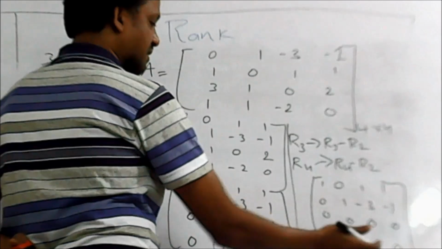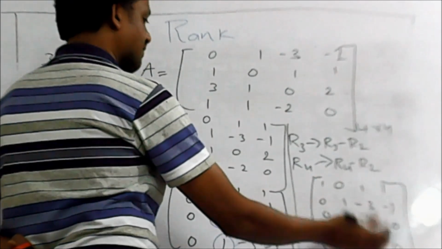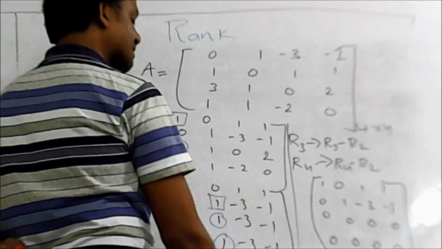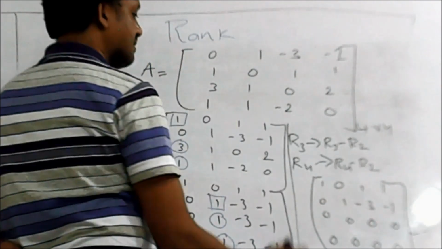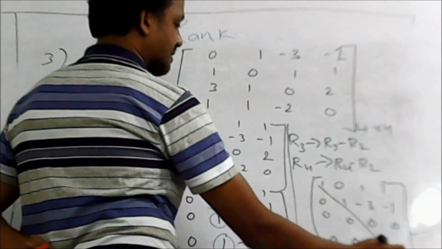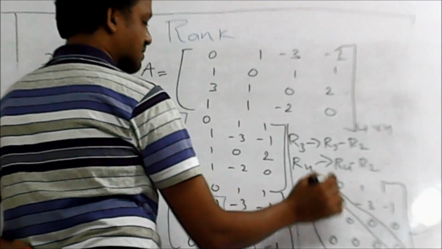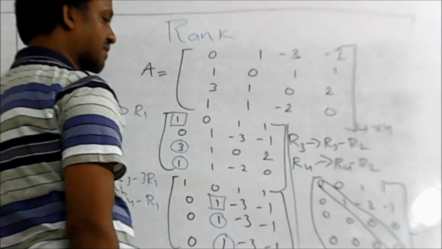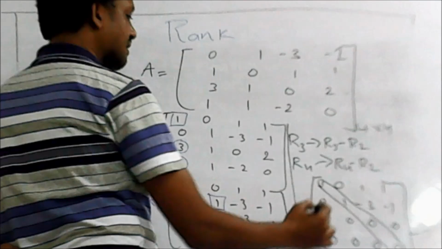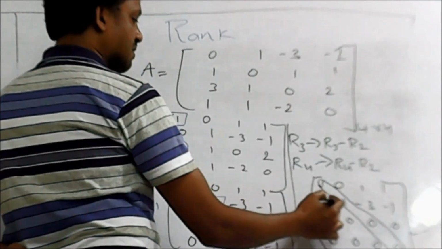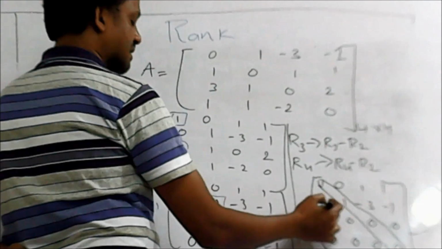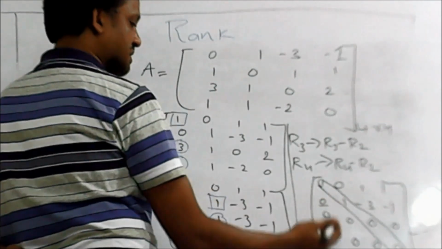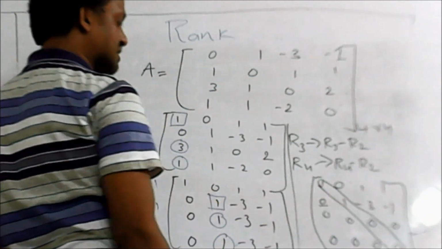If below the row there is any non-zero row, you need to interchange. Otherwise, keep it as it is. Here the 0 rows are all at the last. Yes. So these are the diagonals. Below the diagonals are zeros? Yes. So it satisfies the row echelon form. Second property: the number of zeros before the first non-zero element in a row is less than the number of such zeros in the next row. There are no such zeros, so it satisfies the row echelon form property.